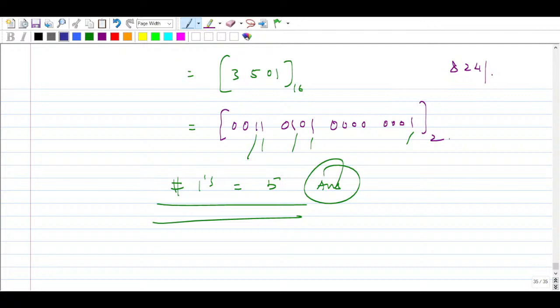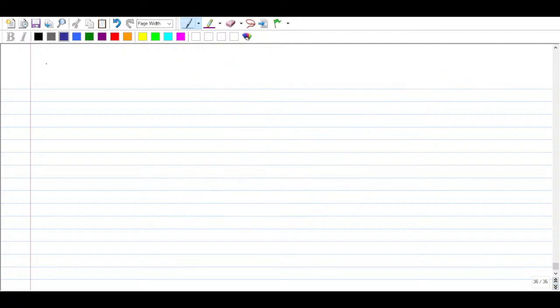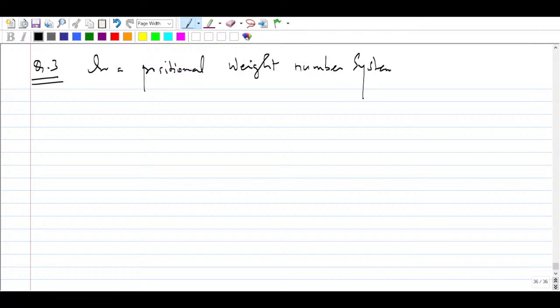Next, let's take the next question, number 3. The question number 3 you can expect is, in a positional weight number system, the range of the numbers they have given, right? The range of numbers are